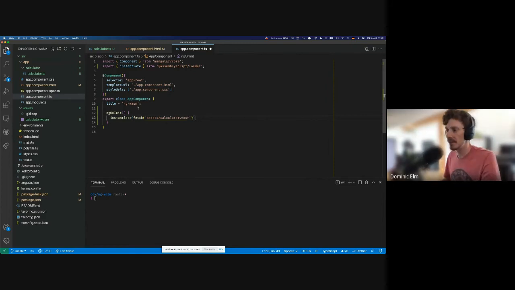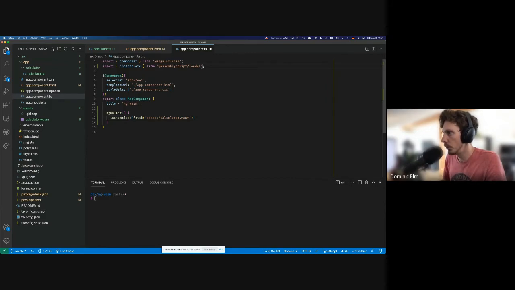calculator.wasm. And the thing is, Webpack, at least if you use Webpack 5, does support inlining WebAssemblies, which would basically inline the whole array buffer into your bundle, which means that instantiation would be synchronous. However, in this case, instantiation is actually asynchronous. Because we have to fetch it, we have to wait for it. All of those APIs are asynchronous. And so